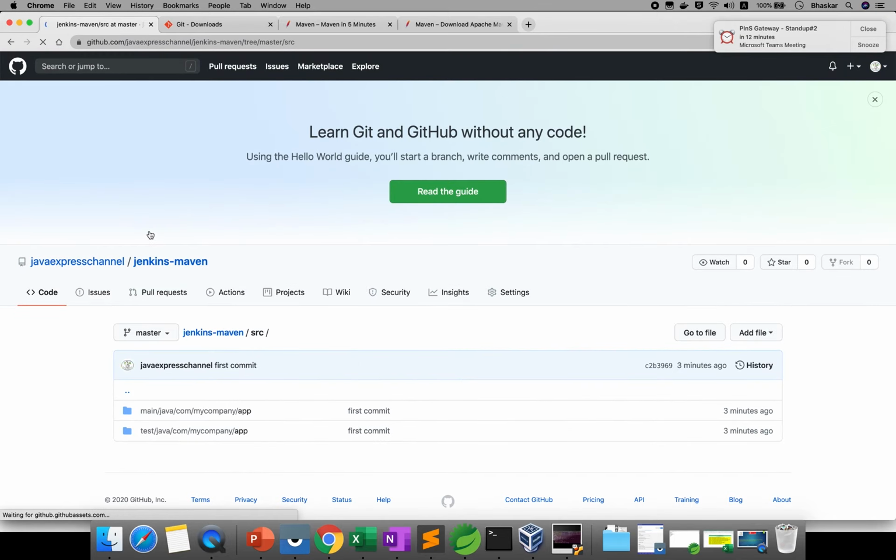Up to now you guys are clear, right? How to create a Maven project, how to push to your public repository, everything. In the next section I will explain the manual steps we did, cleaning, testing, and package. If you do some commit, we can see how to automate it in the Jenkins job. We'll see that in the next tutorial. Thank you guys.